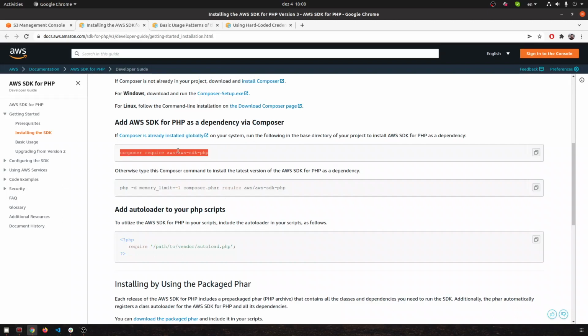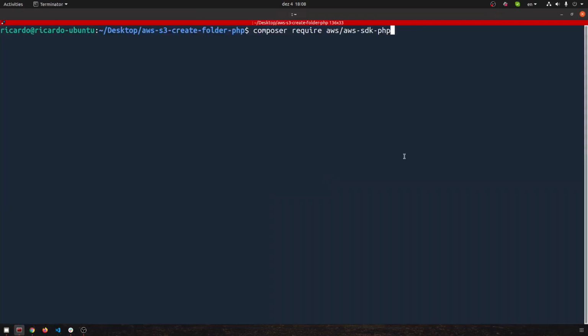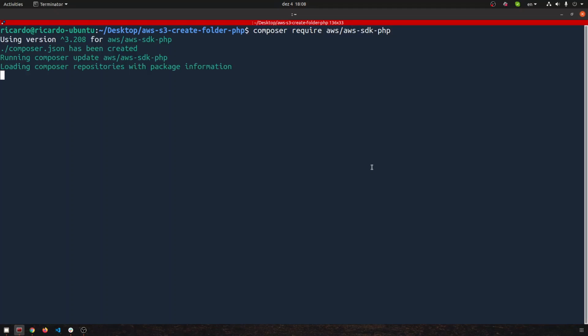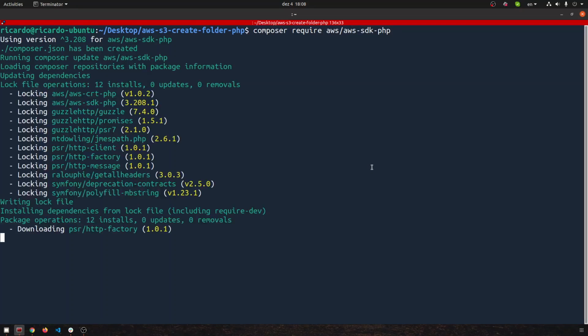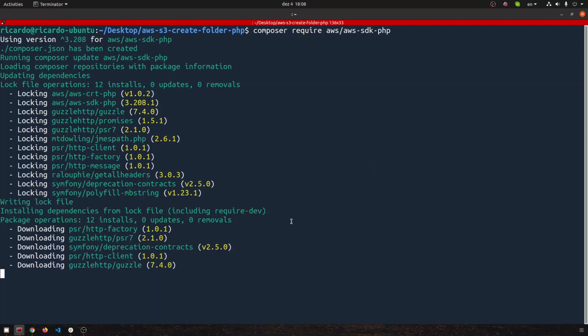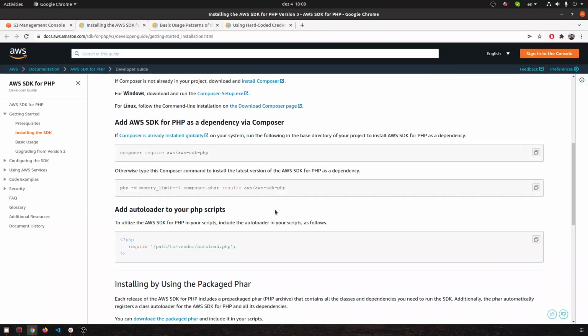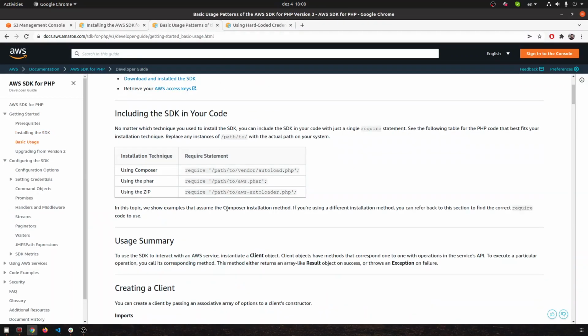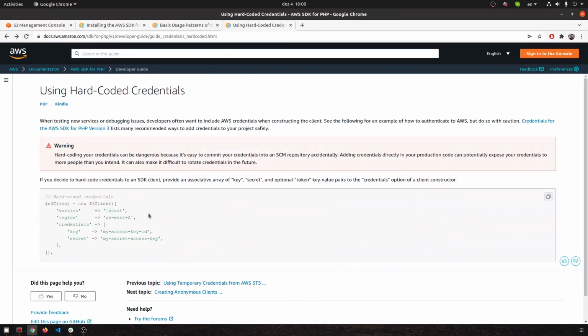After that, we can then install this dependency. Composer require aws sdk php, and it will create a bunch of files and folders inside your project folder. That's okay. While it installs, we will also need to